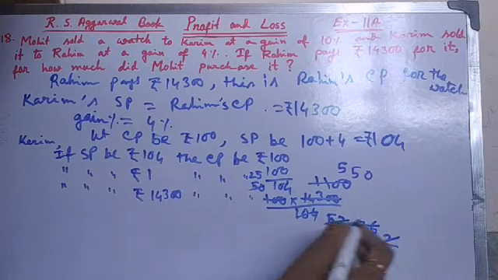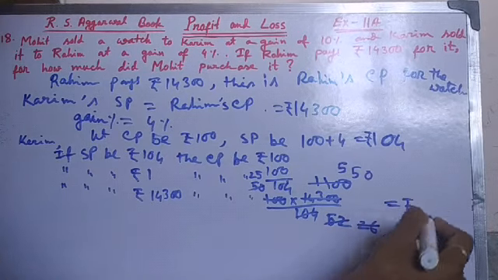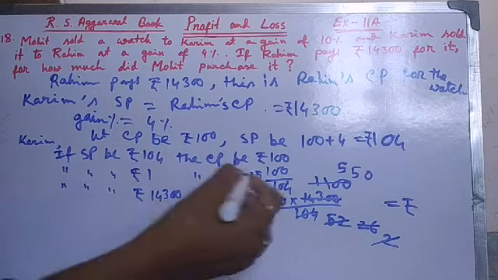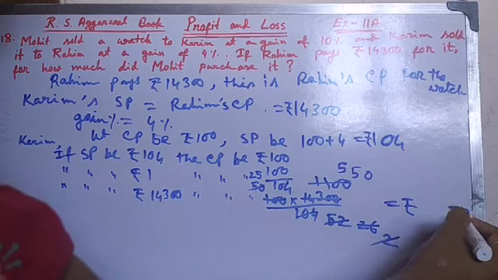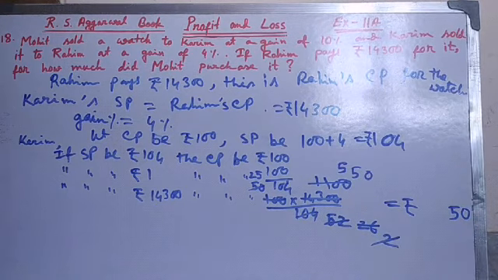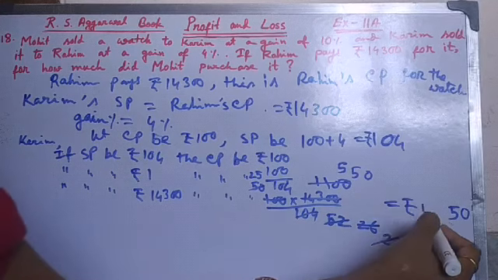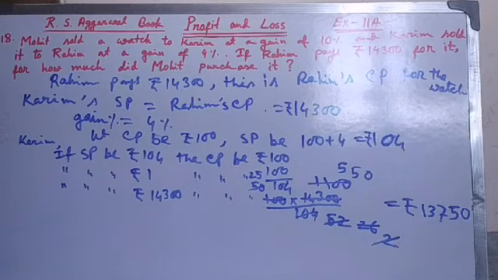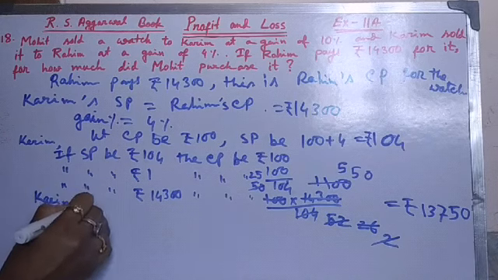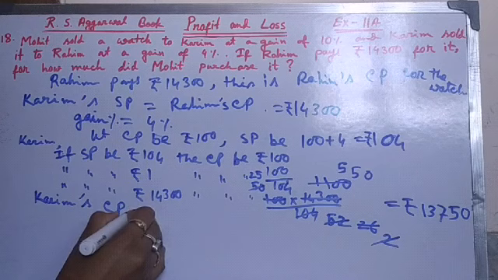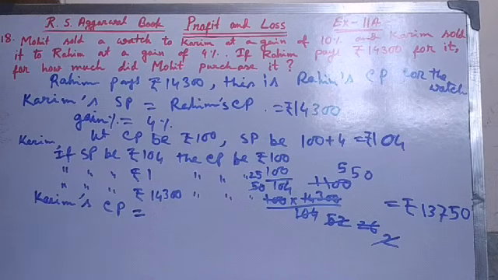So now we can multiply it, 25 0 0, 25 5s are 125, 5 will be, 12 will be carried, 25 5s are 125 plus 12, that means 137. This is the CP, Karim's CP. So here Karim's CP equal to